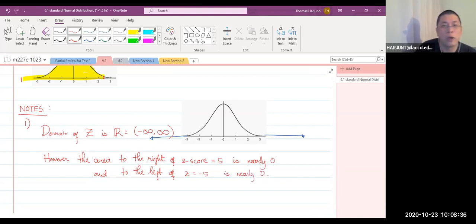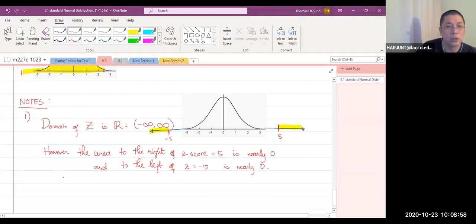Okay. So if you have 5 here, then the area to the right is nearly 0. If you have -5 here, then the area to the left of that is nearly 0. Let's find the actual value, so that you are convinced that they are so small that it's nearly 0. So the probability that Z is to the right of 5 is normalCDF